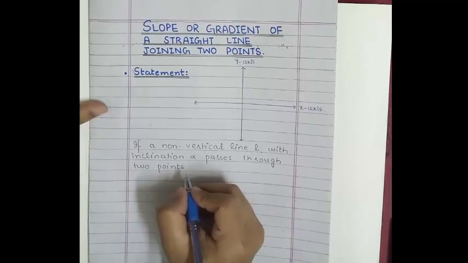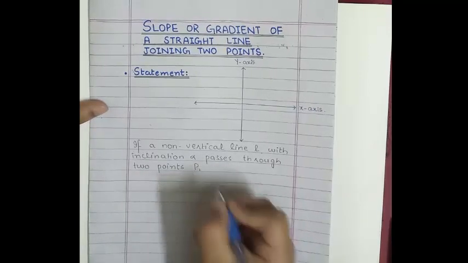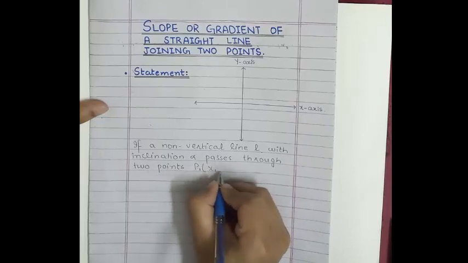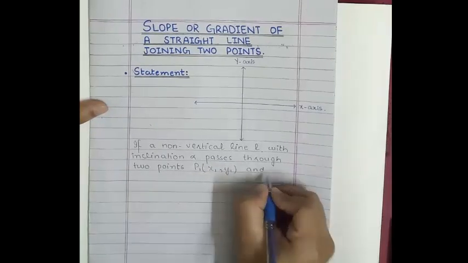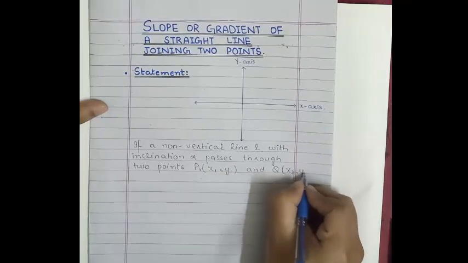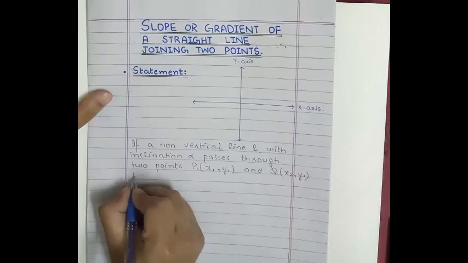Suppose the points are P and Q, and the coordinates of P are x1, y1 and the coordinates of Q are x2, y2. Then the slope is given by